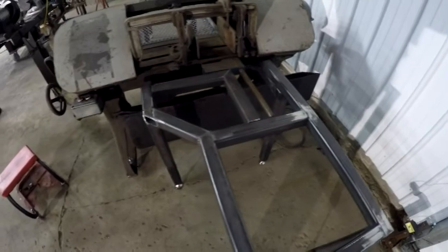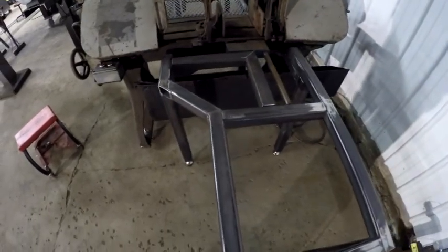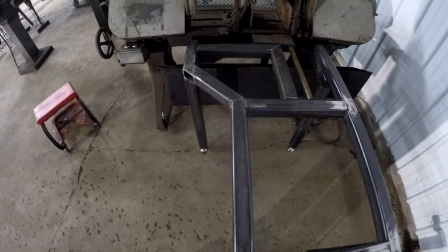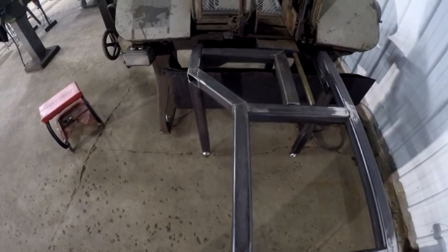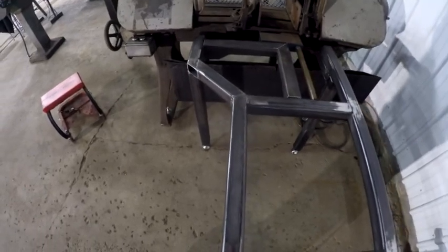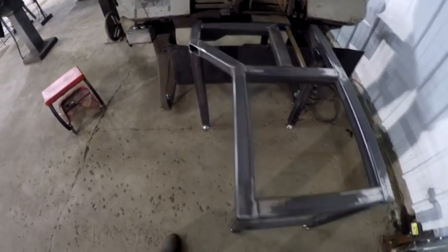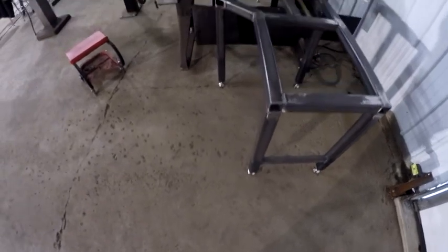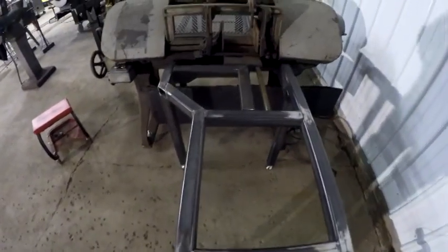And then probably, what will I do first? I'm going to cut the expanded metal, I guess, first, then paint it. I did show that in another video. I actually painted the bottom of the legs just so that there would be paint down there and I wouldn't get it all over the leveling feet. But anyways,